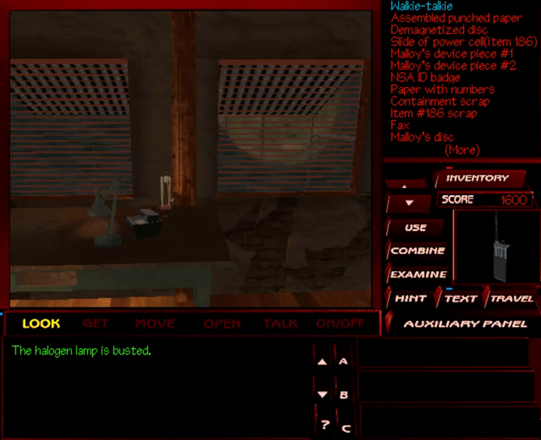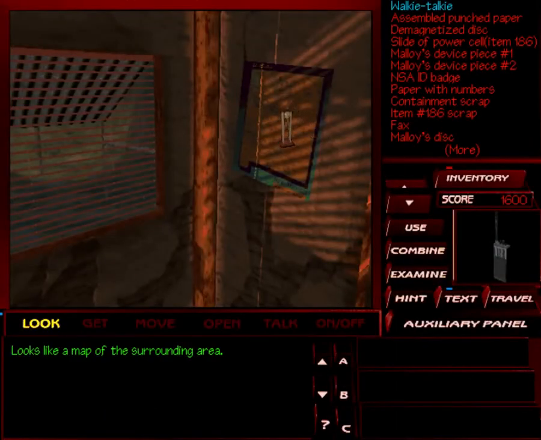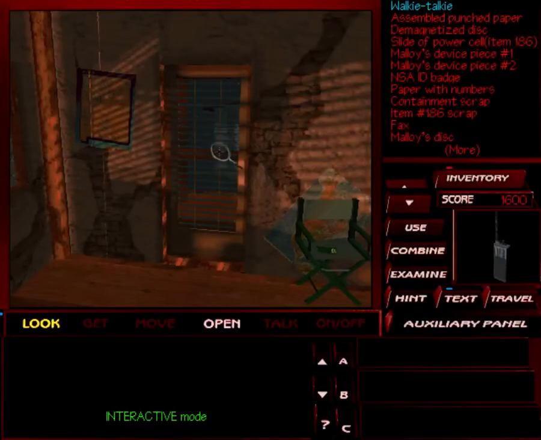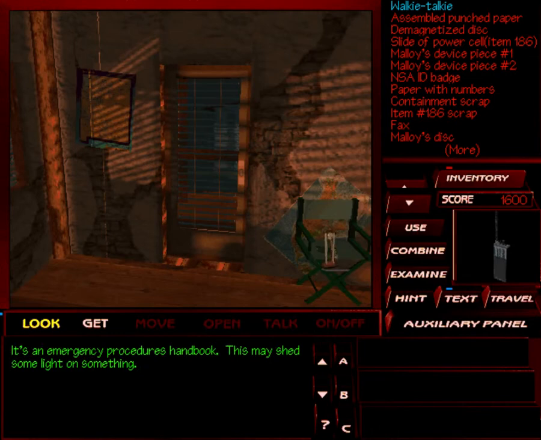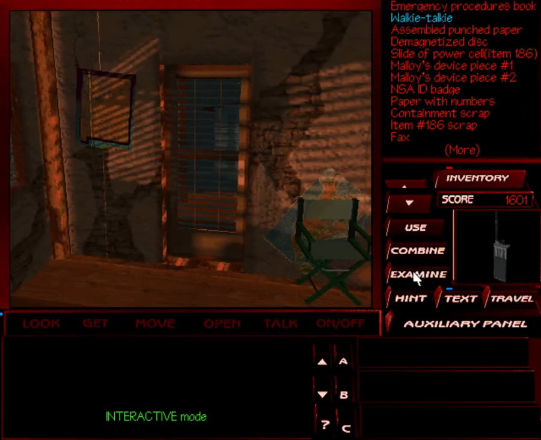Halogen lamp's busted. It's like a map of the surrounding area. The back door's still on its hinges. It's like a map of the surrounding area. Oh, it's an emergency procedures handbook. This may shed some light on something. Yeah, I don't know what use this will be, but we're going to grab it just so we can look at it. And speaking of which...